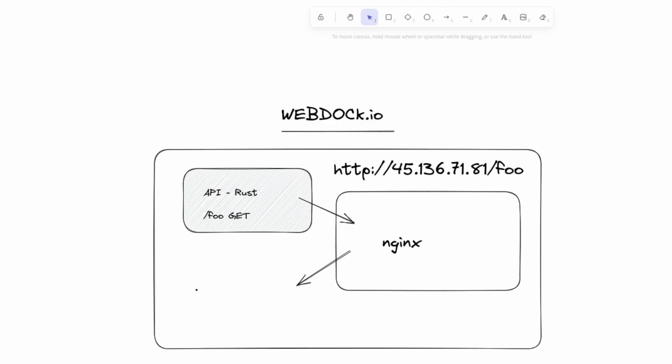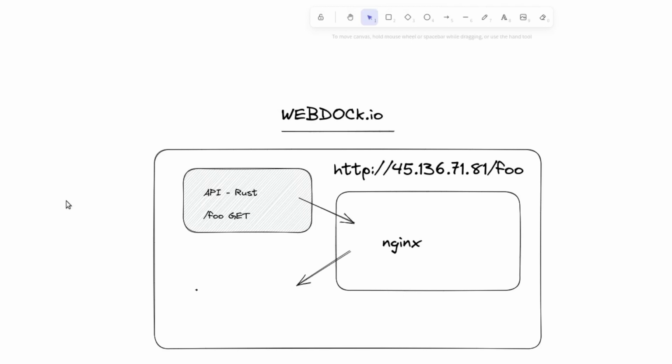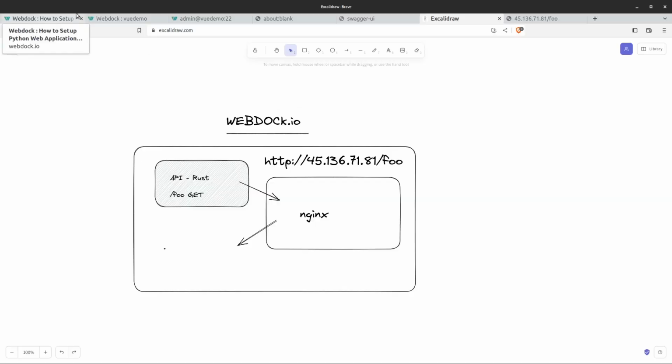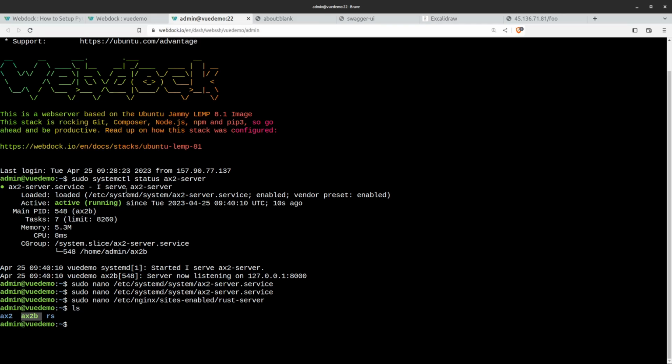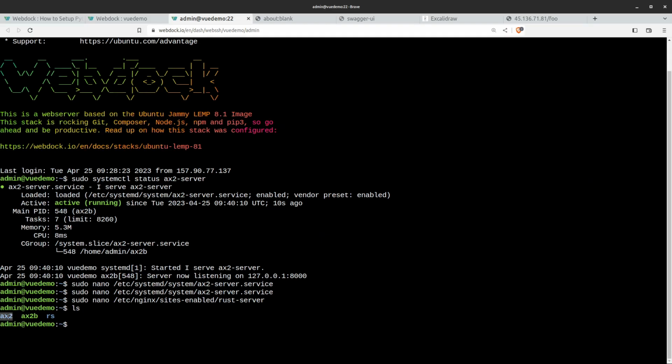And if you want to copy this, you can get this from my GitHub page, which I'll put a link to in the description. The key things here really are to be able to use the server and Nginx and systemd. So I'm going to assume that you can clone my AX2 repo, copy it to your web server, and then set up a reverse proxy, which